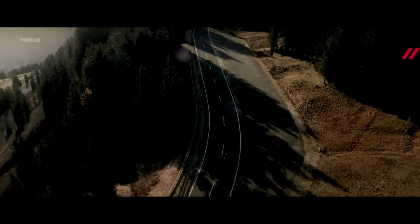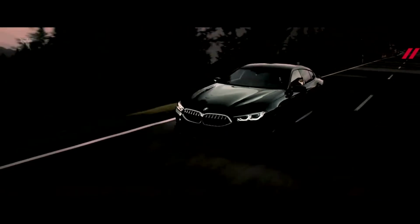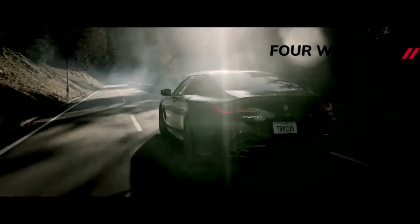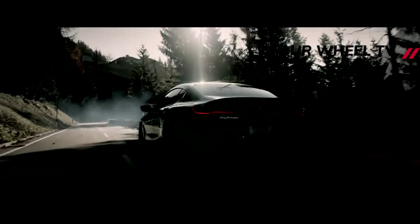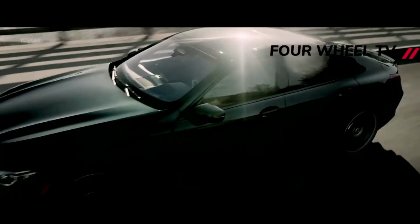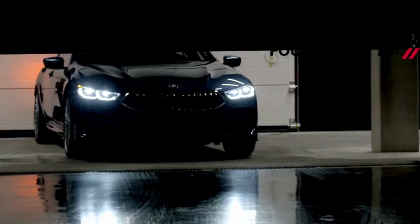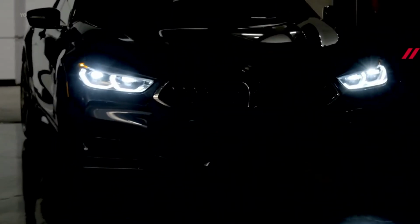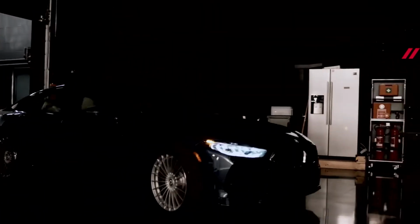BMW also gives the updated model new colors: Skyscraper Gray Metallic, San Remo Green Metallic, Portimao Blue Metallic, BMW Individual Frozen Tanzanite Blue Metallic, and Frozen Pure Gray, and 2 new optional wheel choices. The M850i xDrive Coupe, Convertible, and Gran Coupe models receive a few more upgrades. The model gets the M exterior mirrors initially designed exclusively for the BMW M8 and an M badge in the